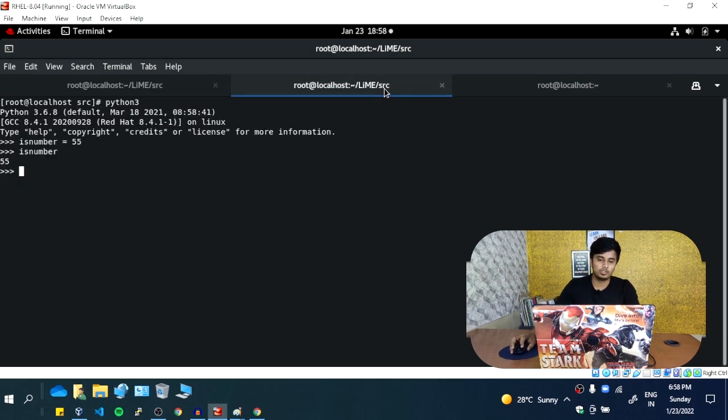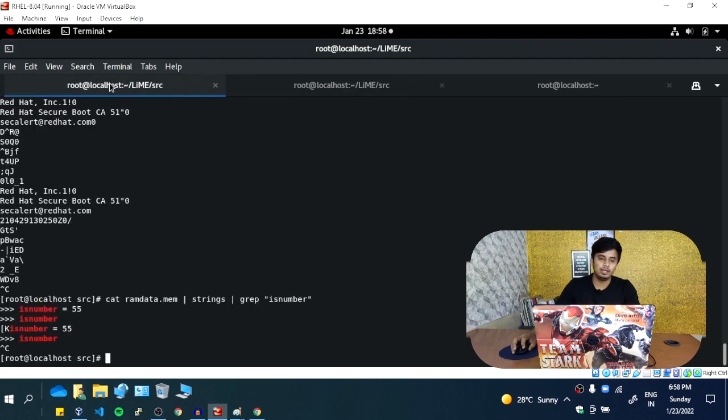Let us cross verify. In is number I have stored the value 55, and that is what the grep command is finding in this data. This is how we read the data present in the RAM.